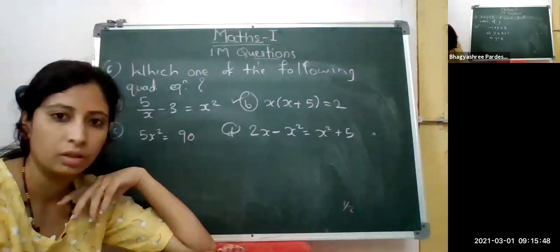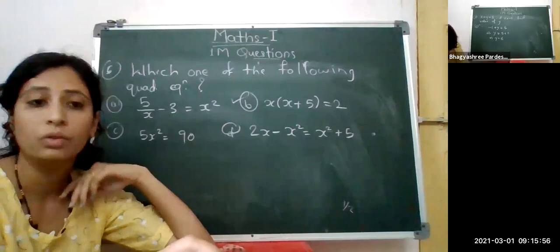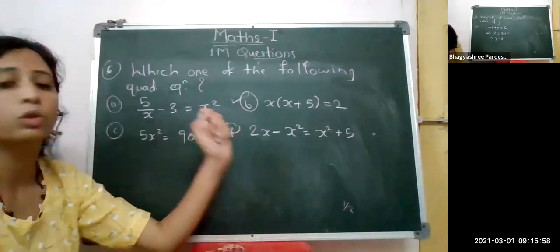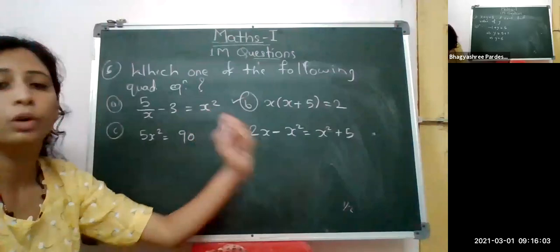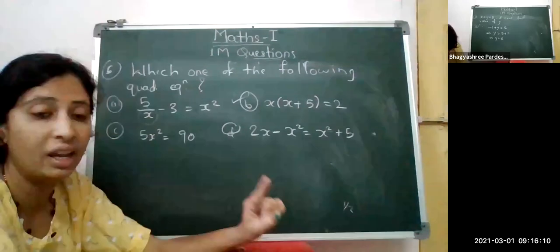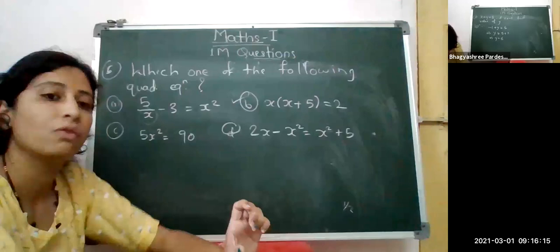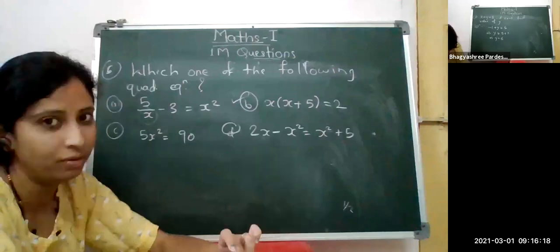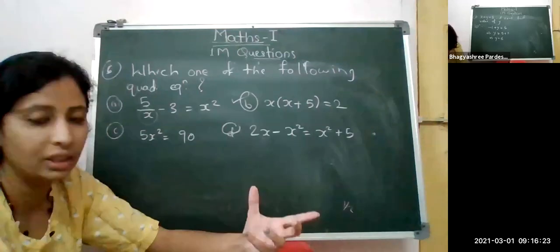The first and the most important thing is that we have to simplify this one, because here is also x square. But if you look here in the denominator, we are having x. So the first important thing is that in the denominator there must not be any variable, because if in the denominator we are having a variable, firstly we have to simplify that one. After simplifying, then see whether it is in the standard form or not. Then here in the d, minus x square, this is equals to x square.